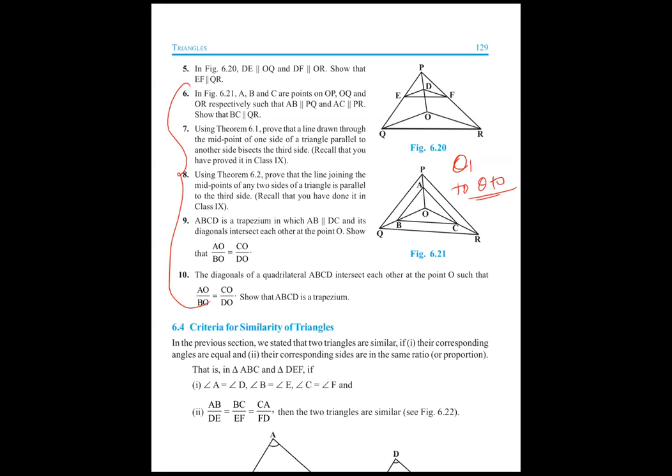What is this? So question number 7. Theorem 6.1: prove that a line drawn through the midpoint of one side of a triangle, parallel to another side, bisects the third side. This is all midpoint now. So you can prove it. You have to draw the triangle, and they are telling that the line is parallel to the third side. So you have to use the basic proportionality theorem. And they are also telling it's the midpoint. Midpoint means both the sides will be equal, right? That only they are asking. It is bisecting the third side.